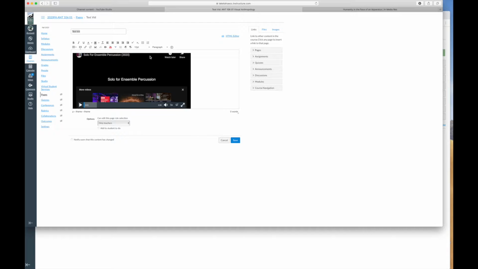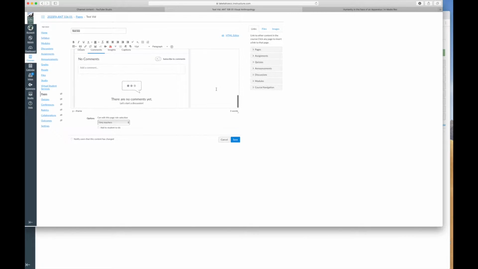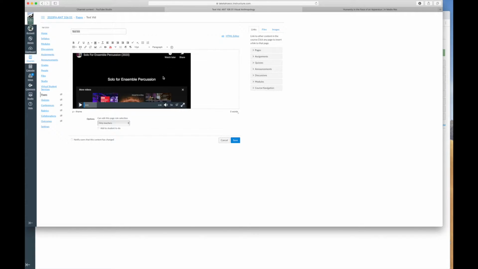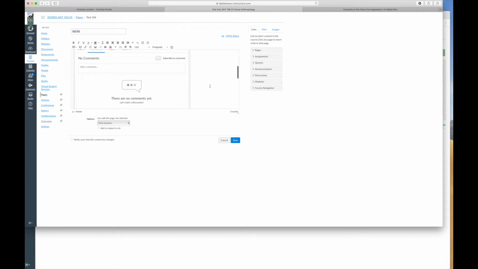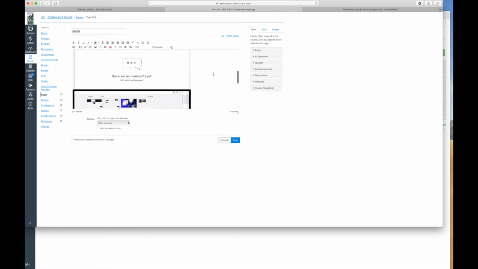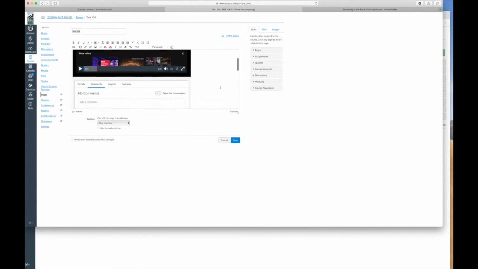You cannot, at least on my computer here, I'm running this on a Mac. I can't do anything to select this as I typically would be able to, say, with a YouTube video. I could select it and delete it and even move it around the page. So this could be a functionality issue within Canvas Studio in terms of how they have their scripting set up, how this is written. So currently, I have no way really to do anything with these videos on the Rich